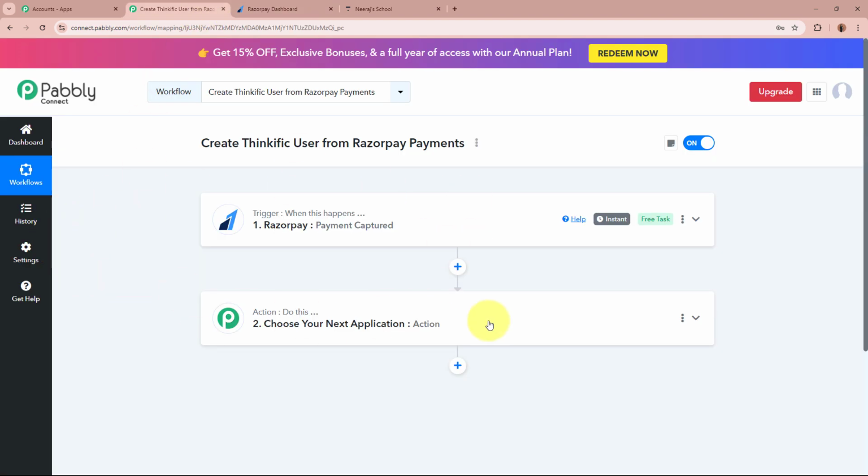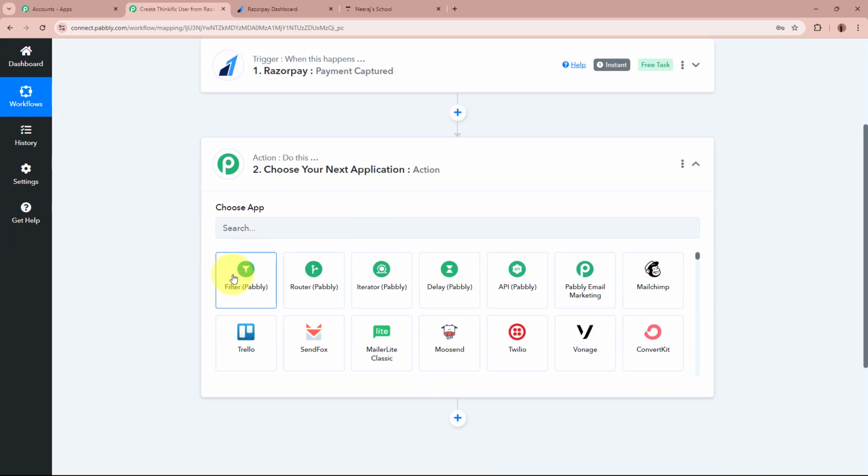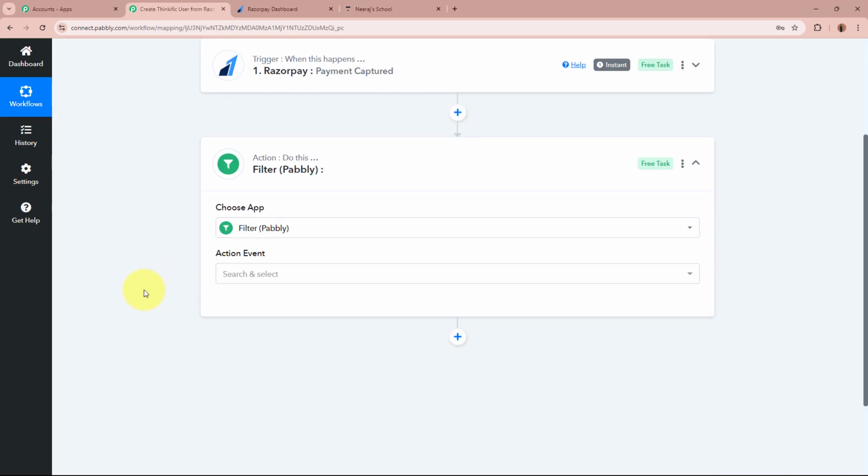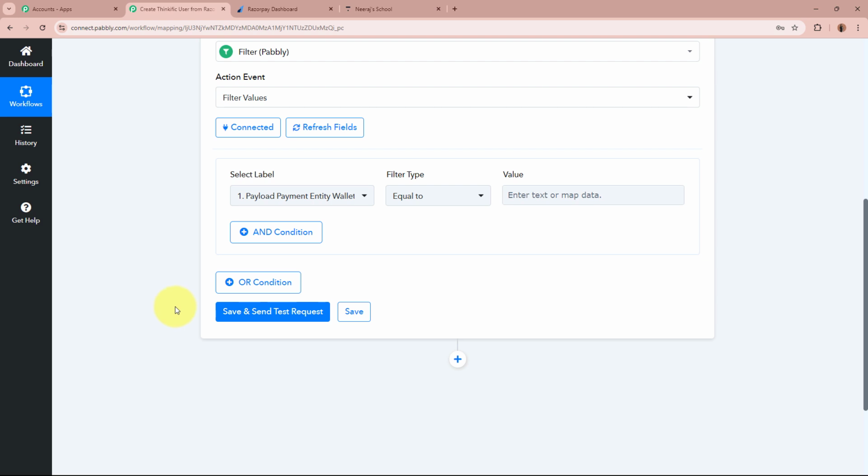In order to do that, we have to set up our action step, and for the action application, I'm going to select it as filter by Pabbly. With the help of this amazing feature by Pabbly Connect, that is filter, we can filter out the values and run the workflow according to our conditions. Okay, and for the action event, I'm going to select as filter values. Then I'm going to click on this connect button. As we're going to do that, it is asking for us to select the label, filter type, and the value right over here. For the label over here,